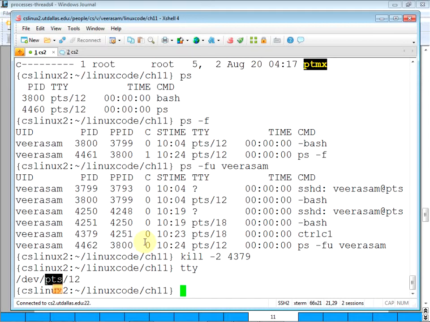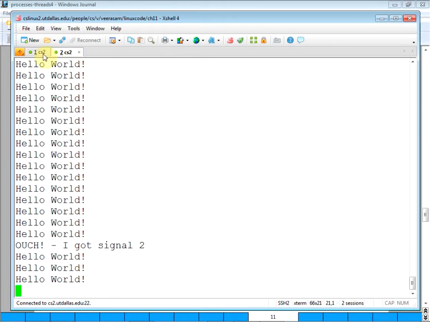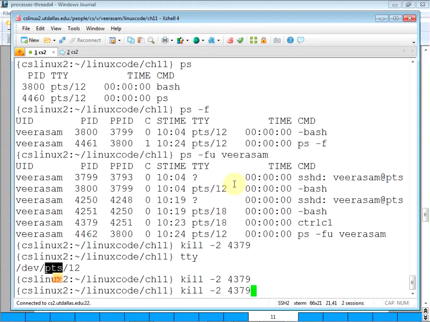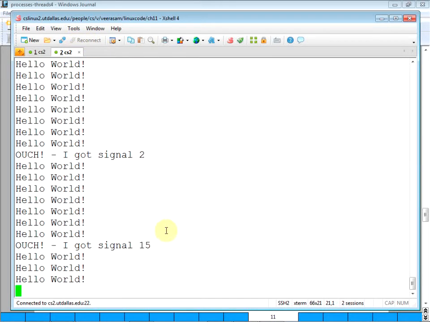So when you did kill -2, it sends signal 2 to the task. That's why we got that -2 right there. Now let's try a straight kill, 15.